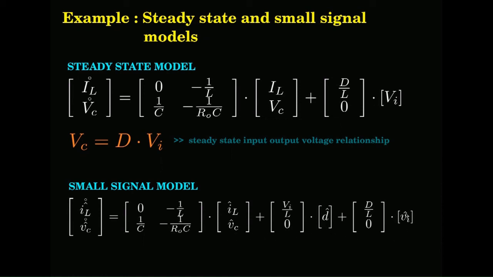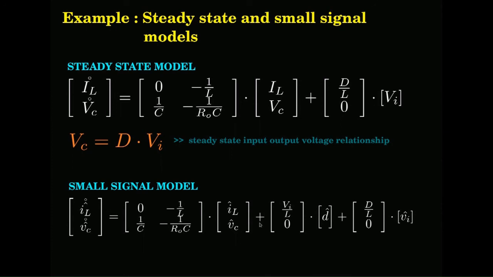I have split the two inputs as the control input. This is the control input portion. D hat is the control input. Vi hat is, what is Vi hat? It's a disturbance input. It's a disturbance, you have no say in it, nothing much you can do about that. You have say only in this, the control input. So, this control input is what you will actually be designing for.